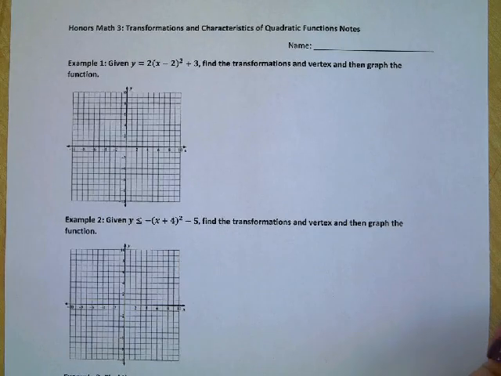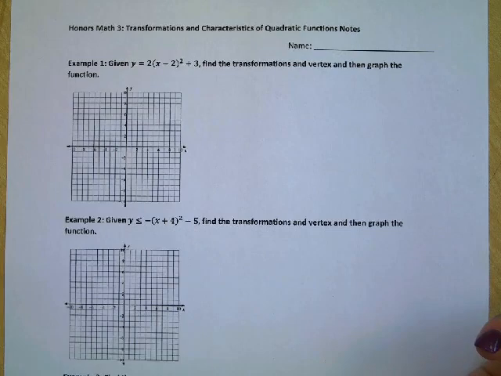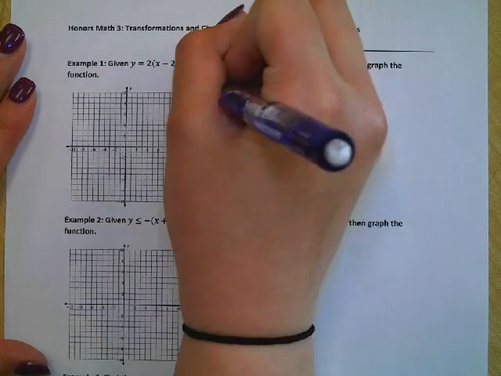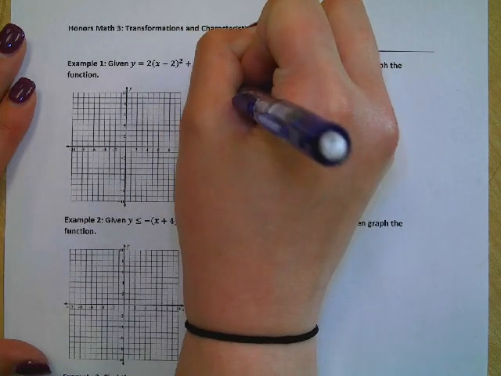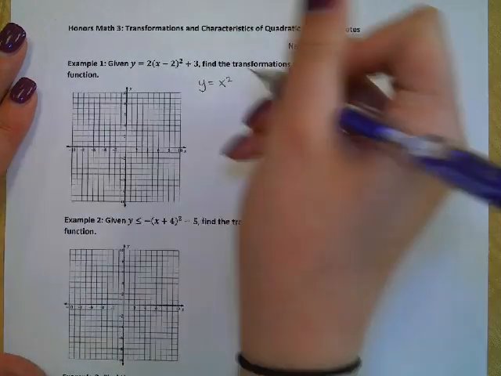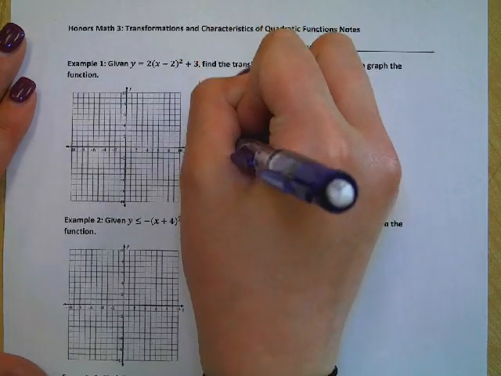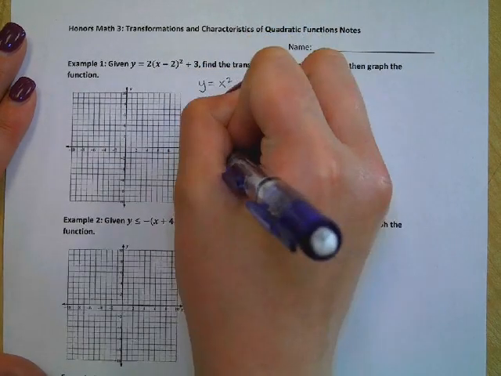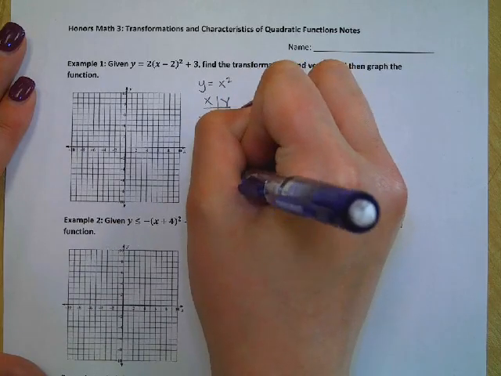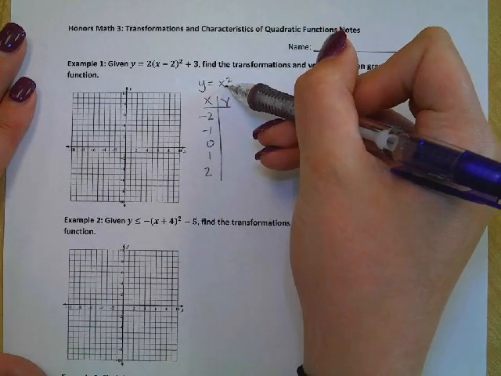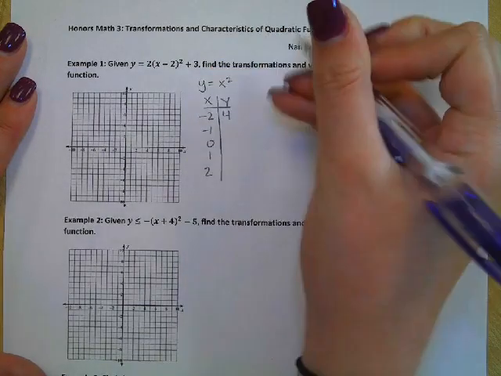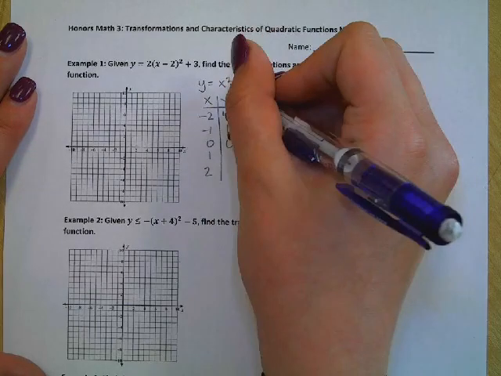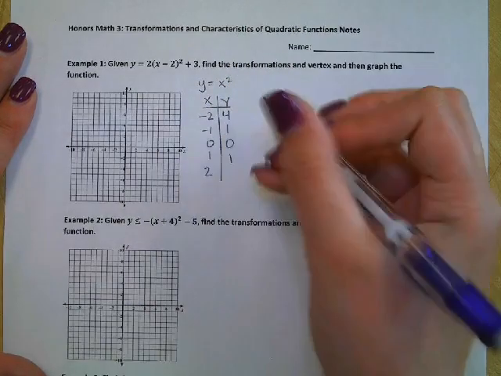Right, this video is on finding transformations and the different characteristics of quadratic functions. So first, we're going to write in this little space just a basic table for y equals x squared. We're going to plug in x values from -2 to +2. So -2 squared is +4, -1 squared is 1, 0 squared is 0, 1 squared is 1, and then 2